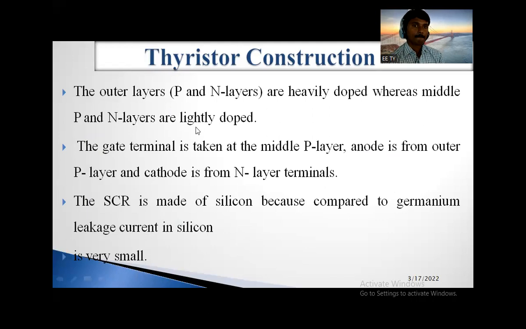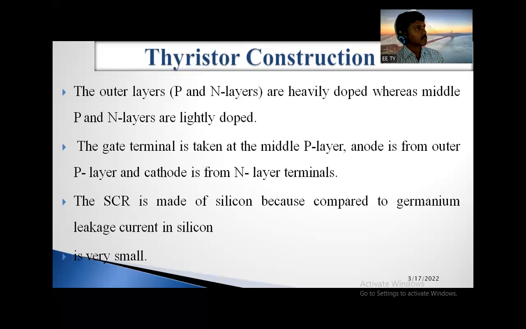Next one. So already we have discussed the outer P and N layers are heavily doped, whereas the middle P and N layers are lightly doped. The gate terminal is taken from the middle P layer, the anode is from the outer P layer, and the cathode is from the outer N layer. The terminal connected to the outer P layer is called the anode. The terminal connected to the outer N layer is called the cathode. The terminal connected to the inner P layer is called